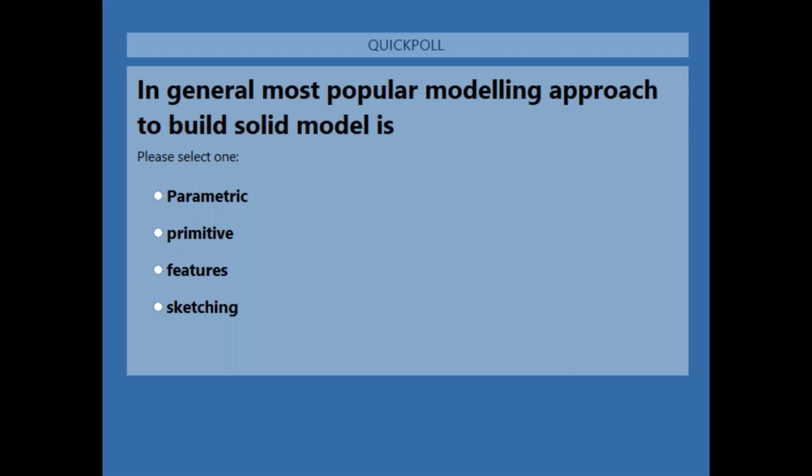This is a modeling approach we generally use in practice, and it is not something you see here in the colleges. You need to ask or confirm with the professionals around you, maybe in 3D software manufacturing, solid modeling, drafting and designing companies, or who are using this software. You ask them which of the approaches they use for creation of solid models. Maybe it is parametric, feature based, primitive types, or sketching. So which mode are you using?